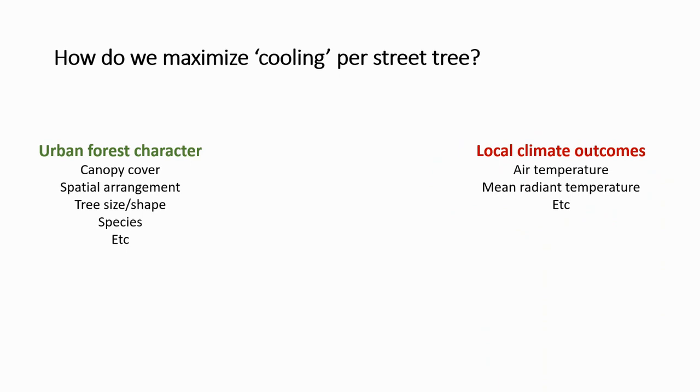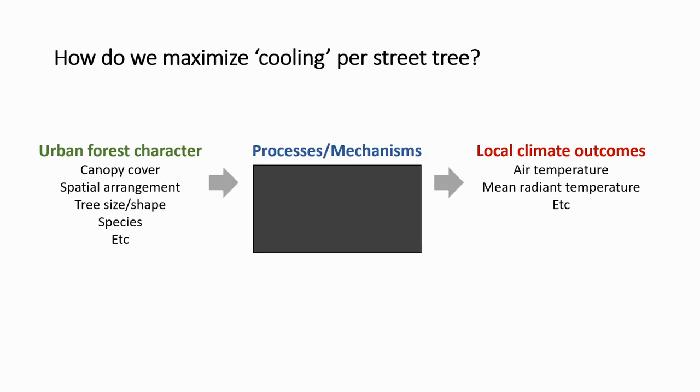The two outcomes I'm going to focus on today are air temperature and mean radiant temperature. Of course, in terms of those outcomes, we want to think about what kind of canopy cover we need, what kind of spatial arrangements of the trees, what kind of species, what kind of tree size and shape, et cetera. Really what we're trying to do in my group is get at the process-based linkages through numerical modeling that link these two. And just a note on scale as I transition,